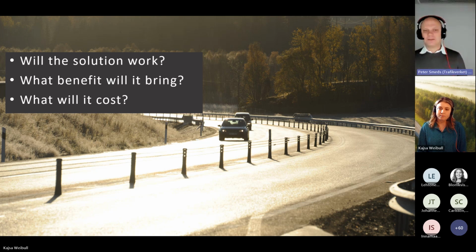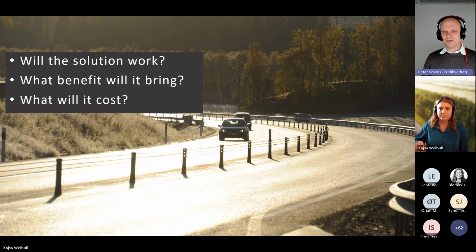There is an analogy in this situation with the digital services that are now being developed. In addition to ensuring that the service works technically, the Swedish Transport Administration also wants to understand more about costs and benefits in order to understand their effect. Today, the Swedish Transport Administration and VTI have worked with the digital service EVA, which can warn drivers of, for example, ambulances. The goal is that the completed work should contribute to the Swedish Transport Administration's understanding of the effect a new digital solution such as EVA has.